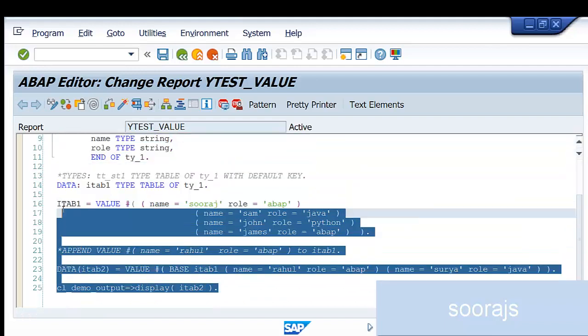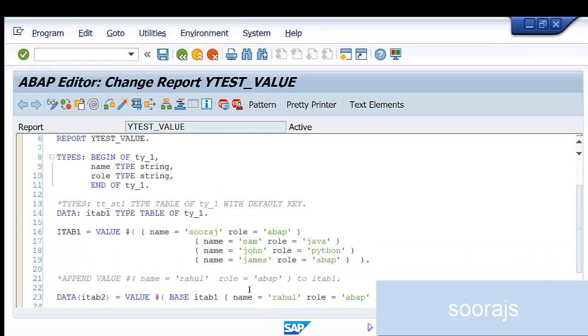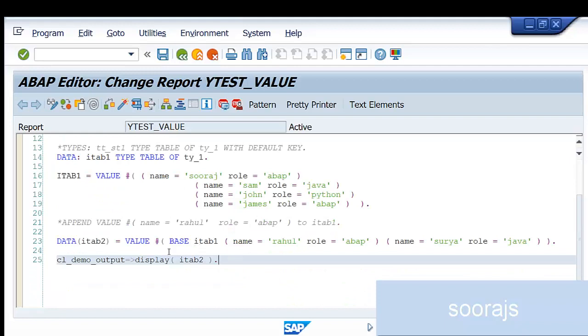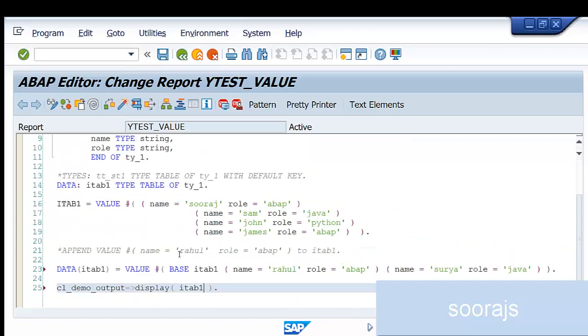There are other ways also in which you can do more things with this value keyword. But the important one which I would like to show you here is, go for itab1 here now, the reading of this internal table.